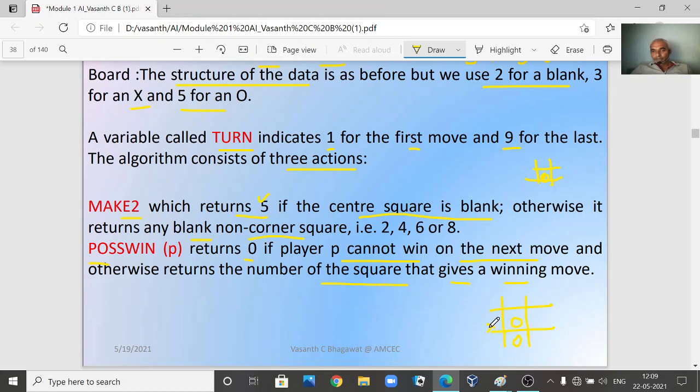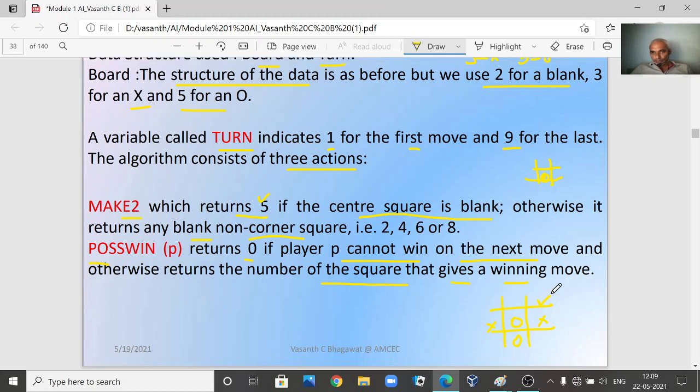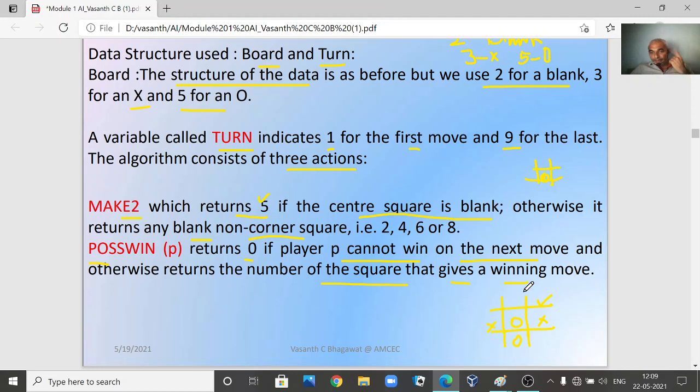First X puts here, then O. Then X puts here, then O puts, now X's turn. Now when X is going to make a move, he calls PosWin. You see here O is going to win in the next move. If X makes a move here, in the next step O will put here, so O is going to win the game.